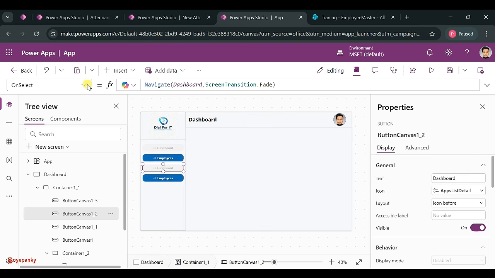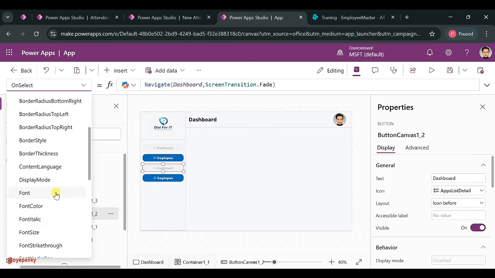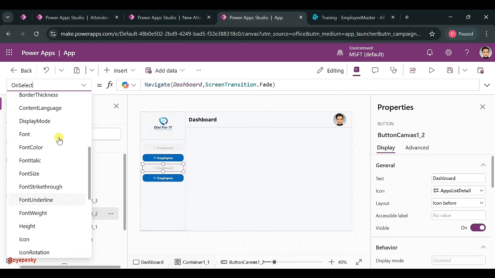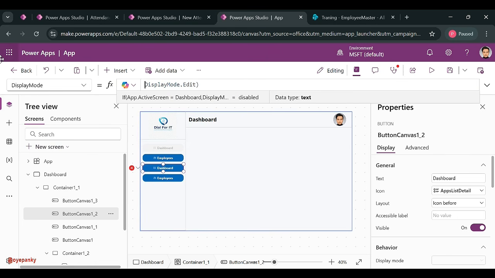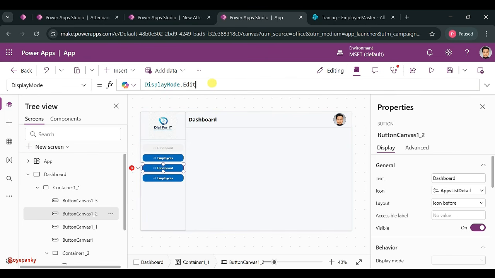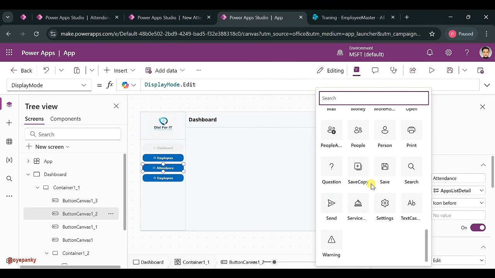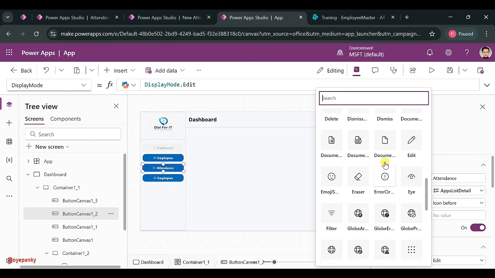Here you need to also remove the display mode of this, and here you need to keep display mode Edit. Okay, here you can write Attendance. For attendance you can choose the clock icon,